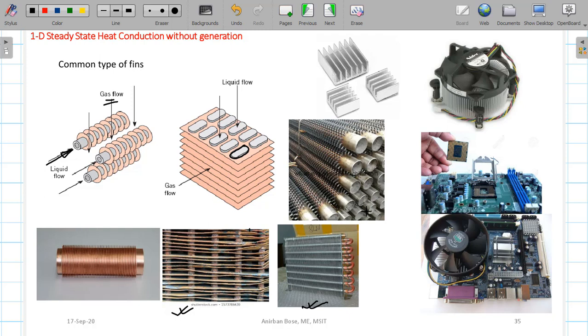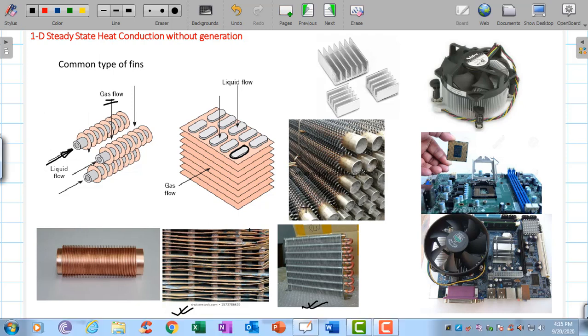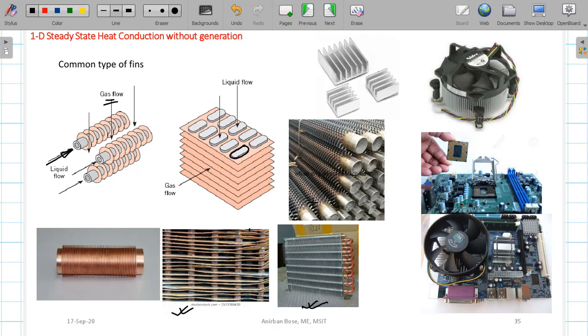Here you can see some of the tubes where outside pin fins are there, where the pins are the size of small cylindrical shapes maybe, or in the shape of pins. So these are there to enhance the heat transfer. So these tubes are actually used in some heat transfer equipments.